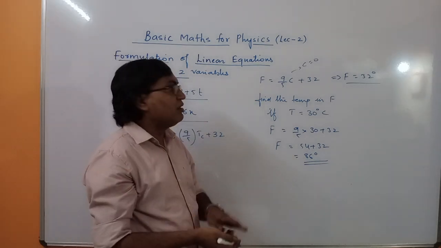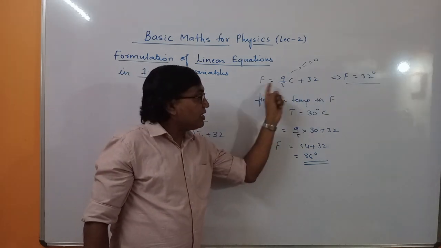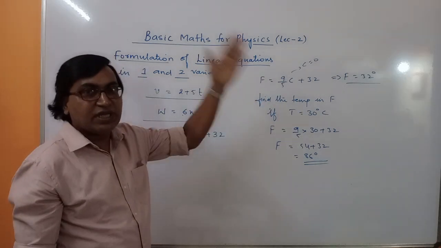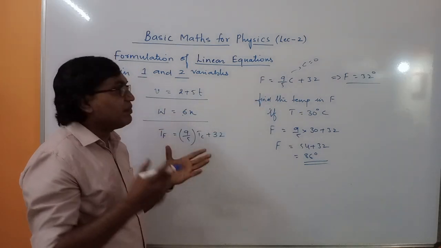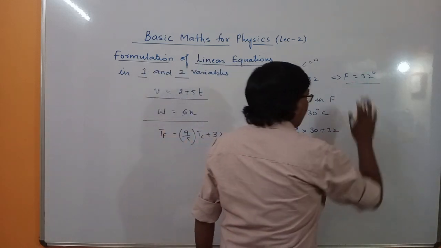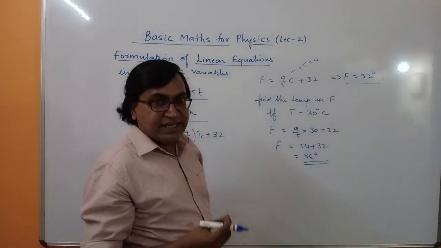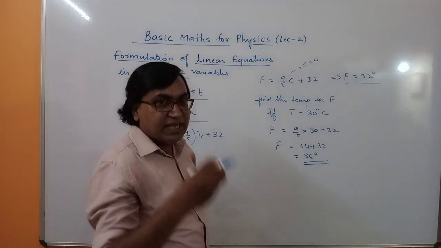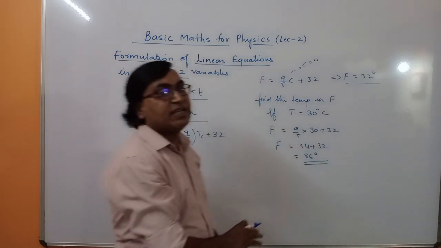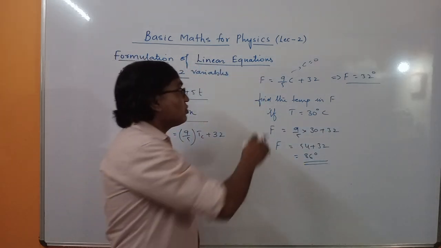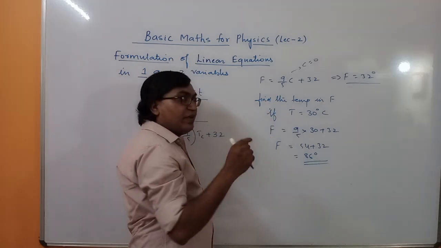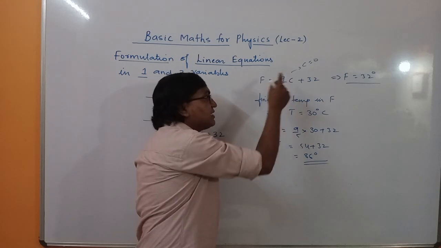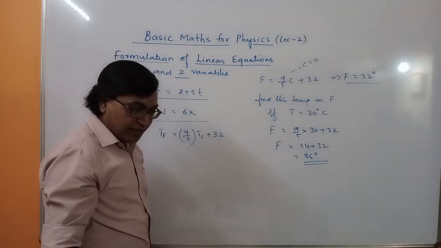That is nothing but the lowest point which they have considered on these two different scales. We'll find out the relation between Fahrenheit scale and Celsius scale, and we'll get this equation. That is heat and thermodynamics, the temperature measurement. So 0 degrees on Celsius scale is equal to 32 degrees on Fahrenheit scale. Now, can there be a temperature where it has the same numerical value on Fahrenheit and Celsius? So let us find out.